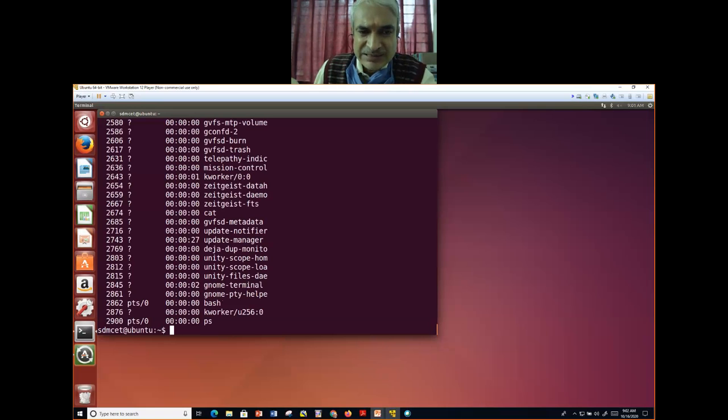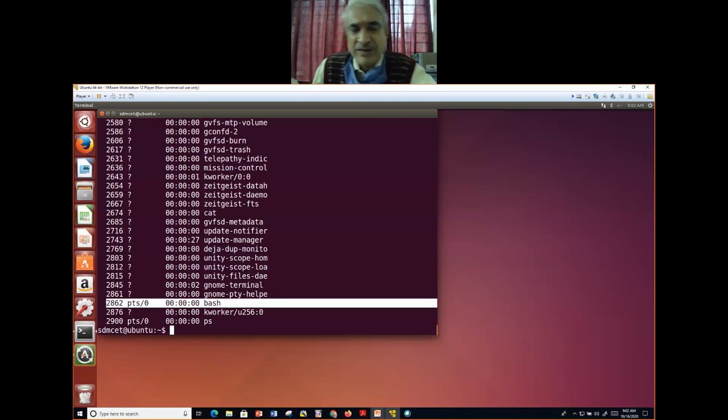In the previous class, I told you that the shell is the parent process for every program that will execute at a command prompt. So when you do getpid, you get the PID of the program which you are running. For the same program, when you say getppid, it will give the parent PID. That will be bash all the time. The number is 2862.